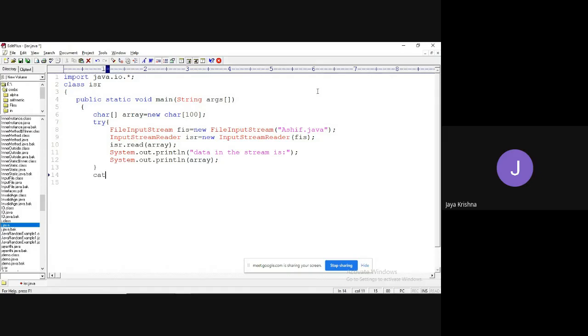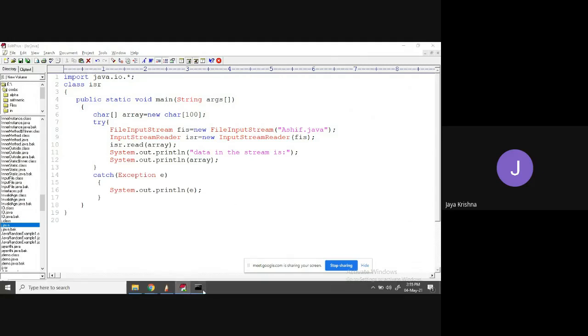Okay, followed by a catch block: catch of Exception e. If you want, you can print the stack trace. You can write all those, right? I have saved this one. Let me execute.